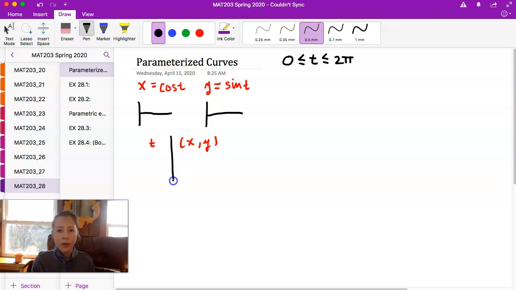Beginning at t is 0, our x and y coordinates: cosine of 0 is 1, and sine of 0 is 0. So if we just sketch out the cosine curve and the sine curve over 2 pi,